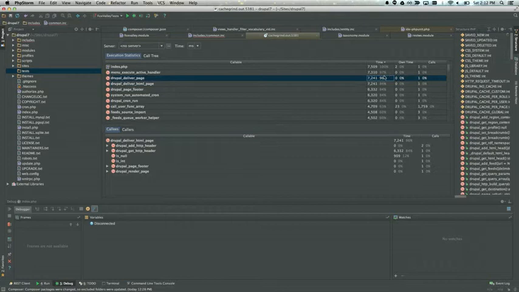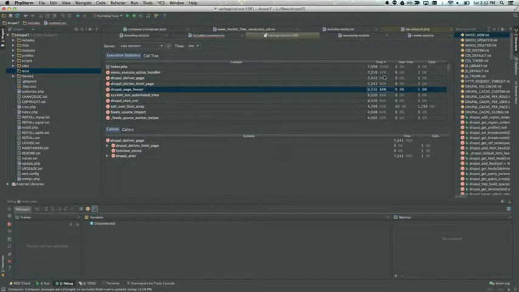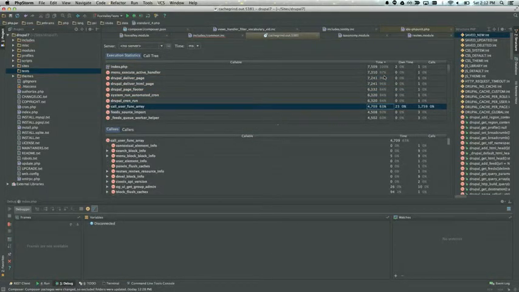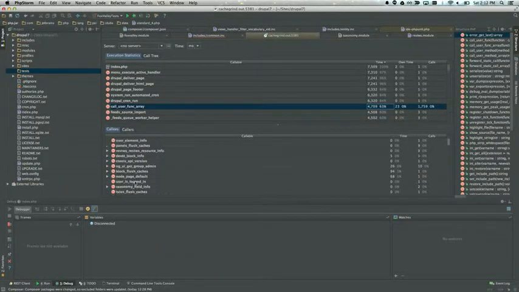But this is the time that each method took. These were the functions that were called from within that method. So basically what you want to find is what lowered the time drastically, and then see what in that method lowered the time.